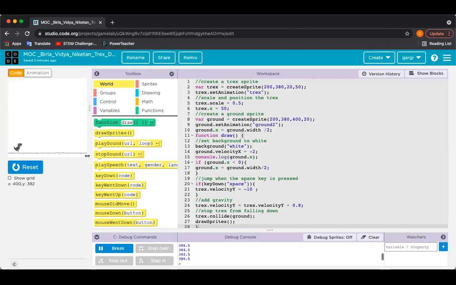But the moment this ground is leaving this side, which is x0, we have put a condition that ground x position should be equal to whatever is the width divided by 2. So if we check in the ground, the width is 400. So 400 divided by 2 would be 200.